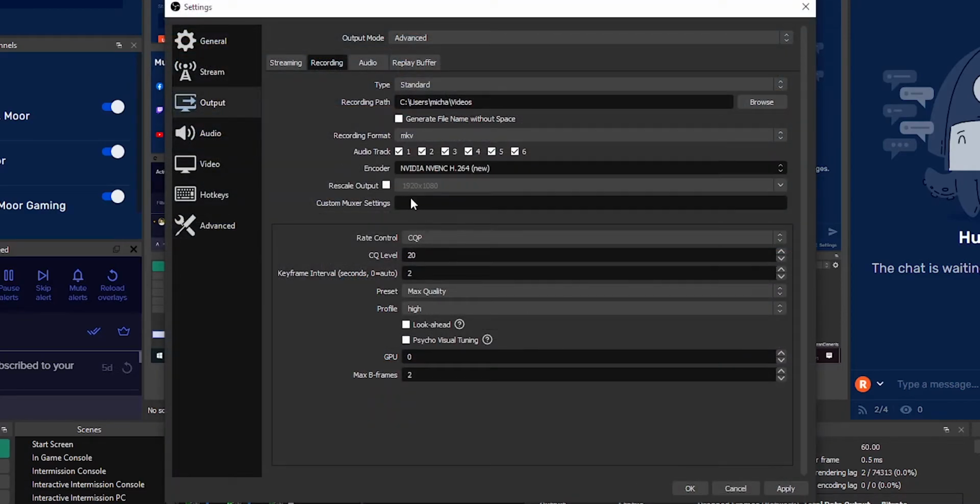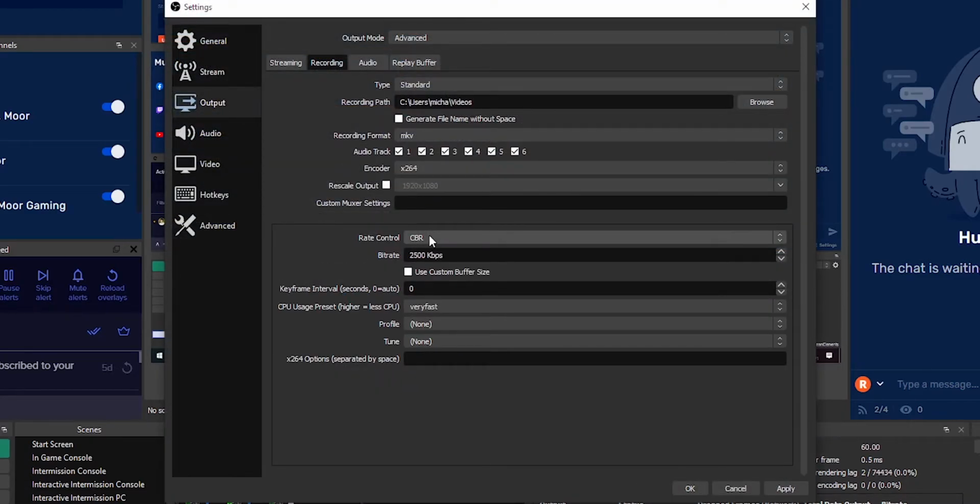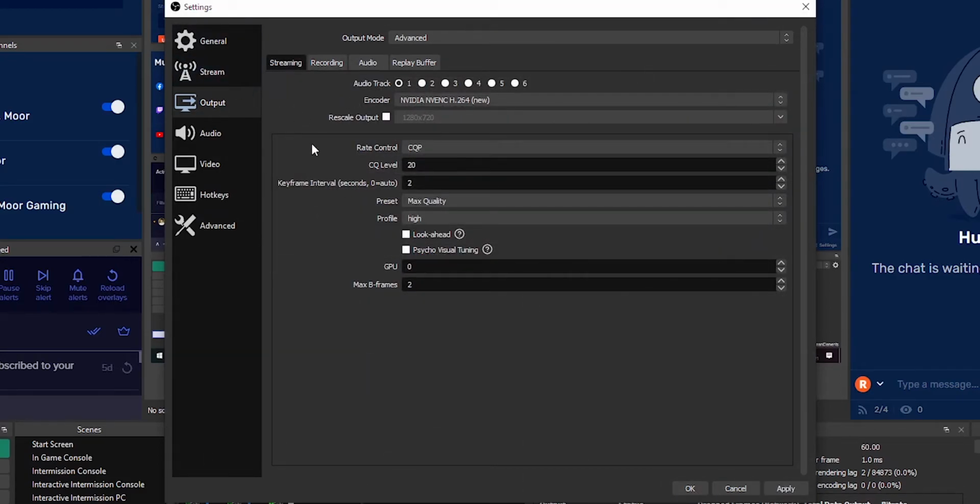Instead, for X264, what you're going to want to do is set your rate control to CBR, and then you're going to want to make your bitrate 15,000 kbps instead. Now that you have the correct settings in the output section, you have to go to the video section, and